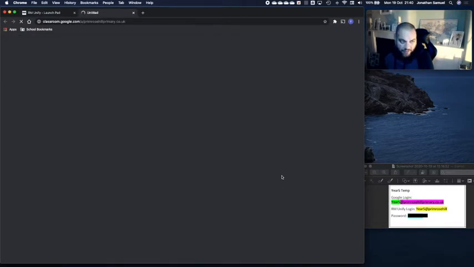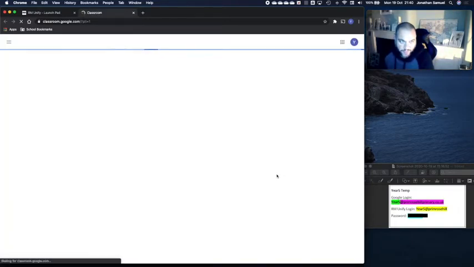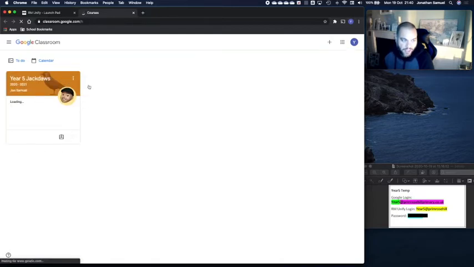And what you'll need to do to access the live lessons is go into Google Classroom. And if it's the first time into Google Classroom, then up here, when it signs in, it'll say Year 5 Jack Doors, but yours might have an accept. It might say accept or something. Basically what you want to do is click on the one that wants you to join this class, and this is how you're going to be able to access all of the live lessons and all of the work that's going to be set. So once you've clicked on accept, and then you click on Jack Doors,